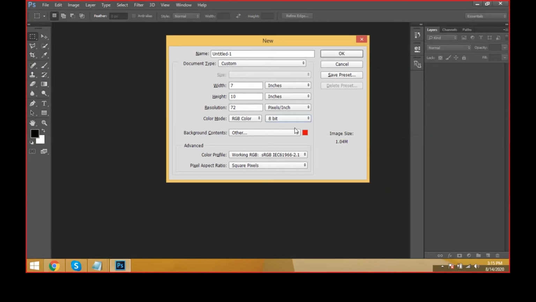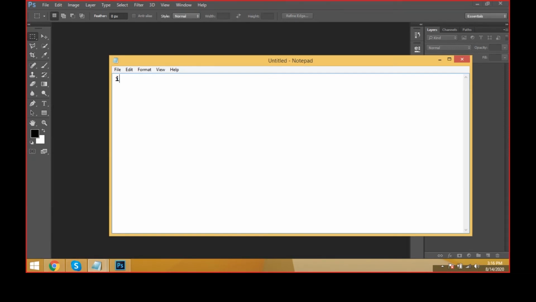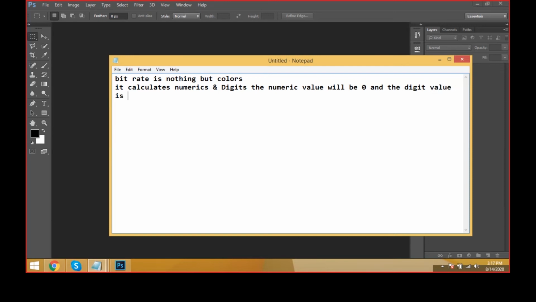It calculates numerics and digits. Bit rate is nothing but colors.